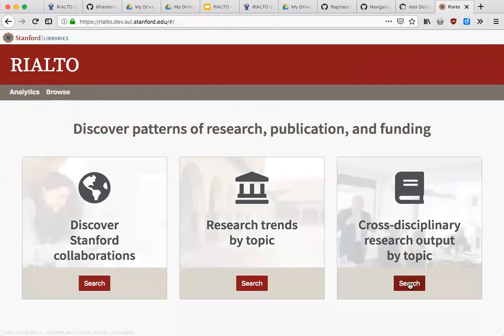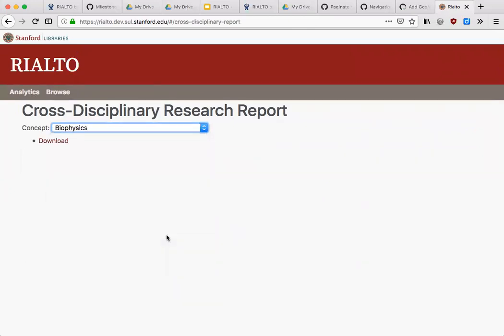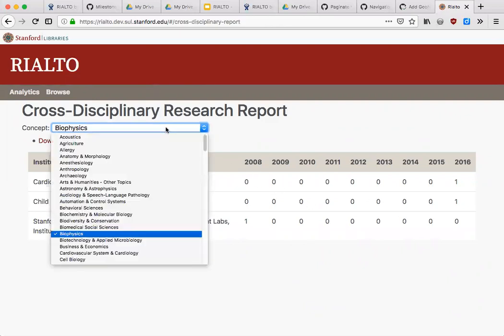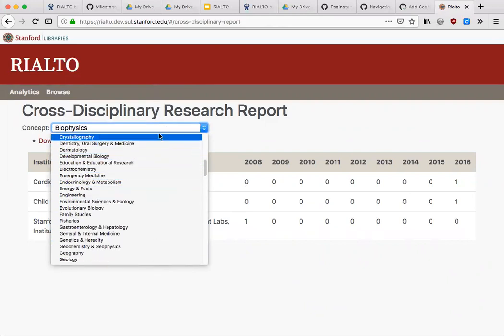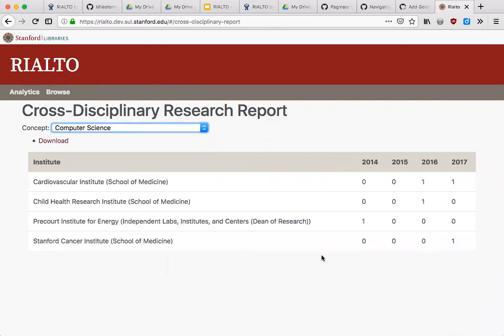Okay, and let's just look at one more real quick that we're working on. In this report, you would have almost an inverse facet of what we just looked at. So here we start with a concept, and then what we're doing is we're looking at the cross-disciplinary institutes that exist at Stanford and trying to figure out how many papers have been published in that topic. So the idea here is that if you are interested in the throughput, for example, in computer science,